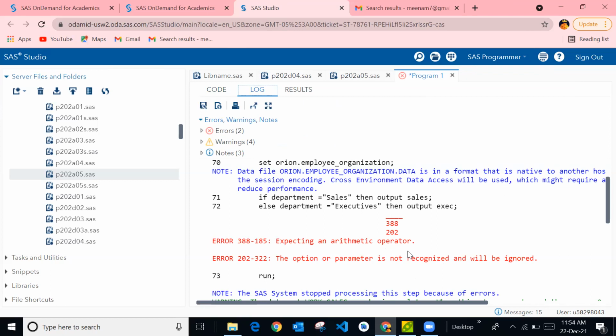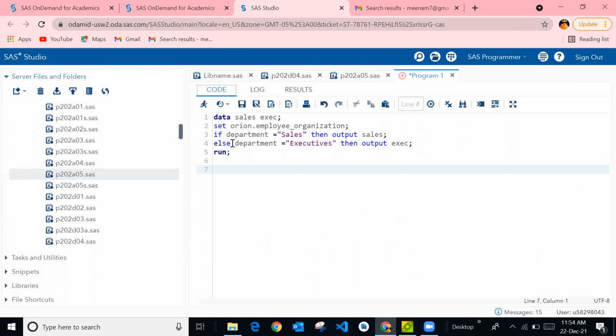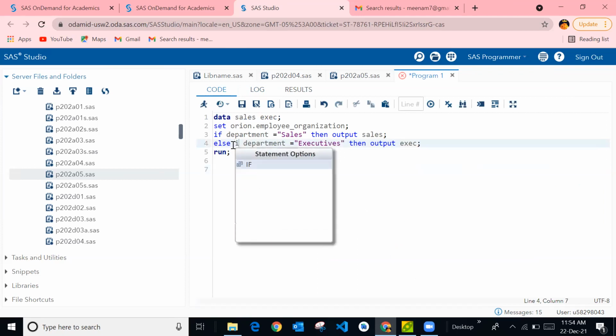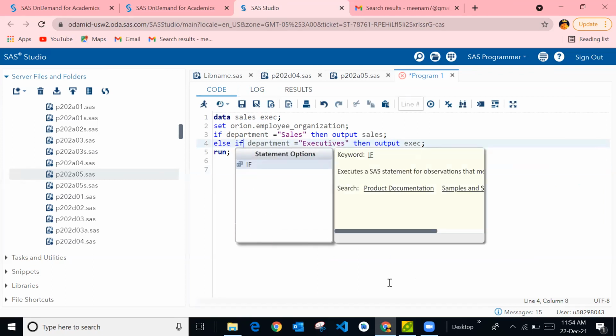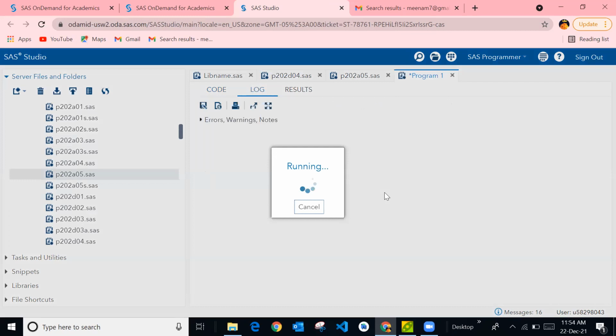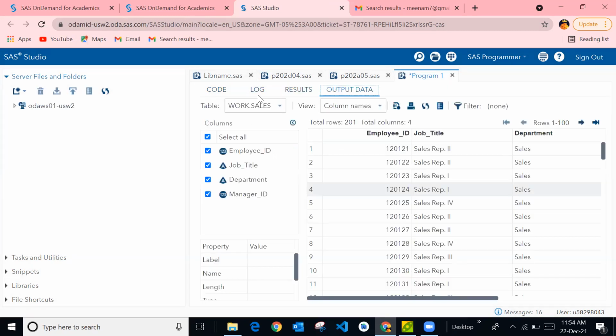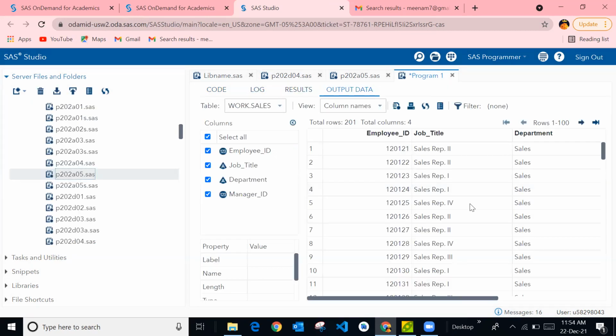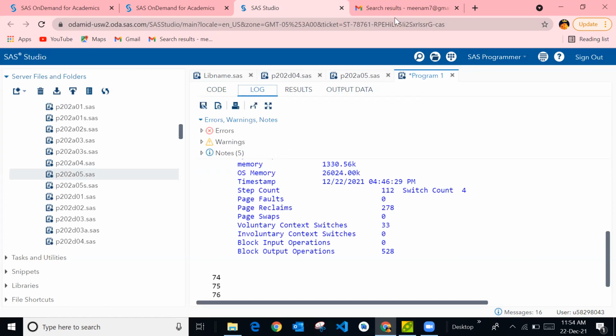You have given else department. You did not give else if. So I have to give else if, right? Yes. Therefore, it was telling it's not understanding then. Okay, I'll stop sharing and write.